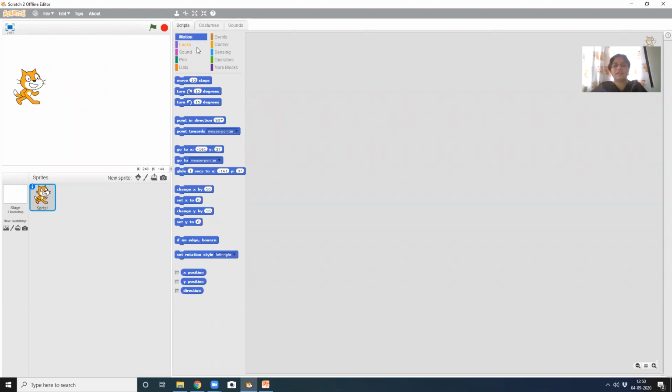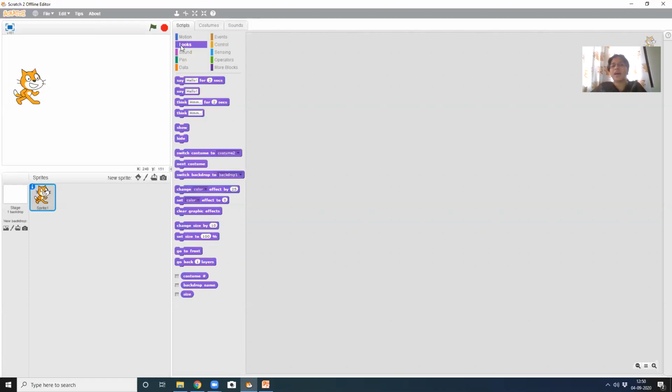Children, imagine you see a ready-made program from outside and you want to use it, and you don't know which block is where. You will get those blocks, and every block has a different color. If you want any movement, like moving the sprite from one place to another or turning around, you have to use motion blocks, and motion blocks are blue in color.